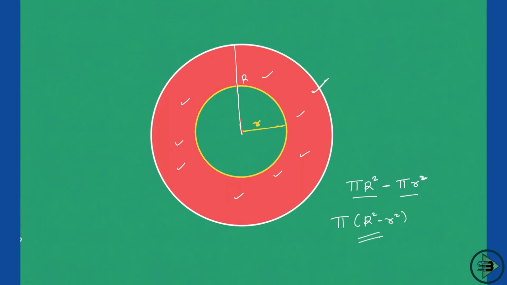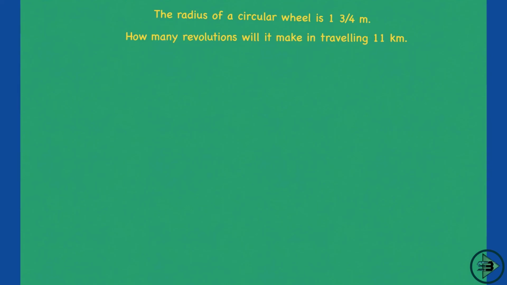Okay, so know this part well. If there are concentric circles and I ask you the area of the shaded region, this is how you go ahead and find it out. Okay, so this is it with respect to the concepts of the circle. I hope you got the visualization of all the concepts. After this, we go on to solving different problems which will give us different scenarios with respect to circle. So after the concepts, let's solve a few problems on circle.